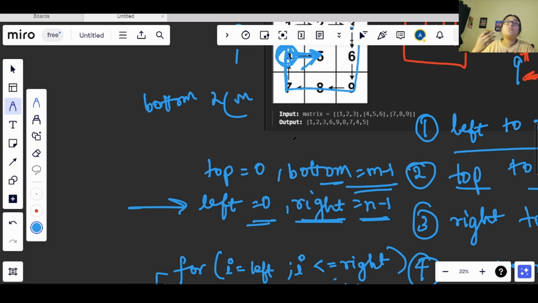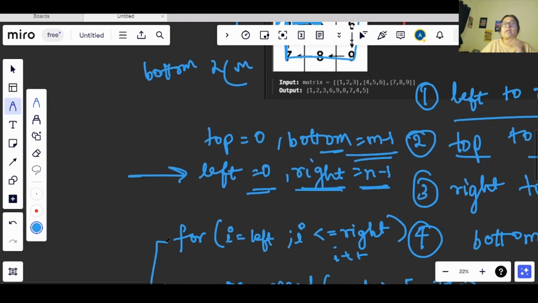Now how do we make sure that all the loops keep iterating until we have completely printed all the values in the spiral manner? We will put these entire for loops inside another loop, which will keep checking whether we have reached the maximum number of row and column count or not.